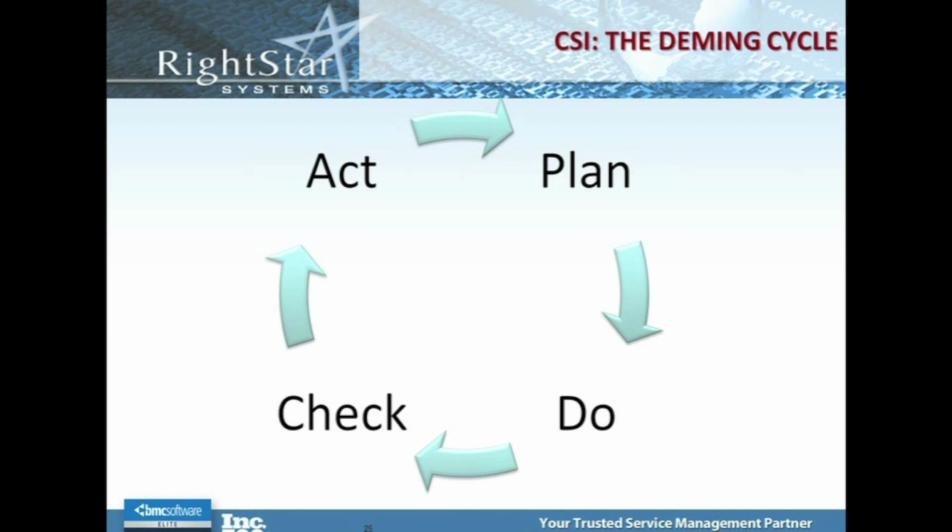So I usually remind my customers that when they are working with any type of software, including the software that we help them implement, the expectation is that the needs of the organization will continue to grow and change, and therefore it may be necessary a few months or a year down the road to go through this plan, do, check, act, and possibly take corrective action and make changes where necessary. This Deming cycle is the basis of the CSI model in the ITIL service life cycle.